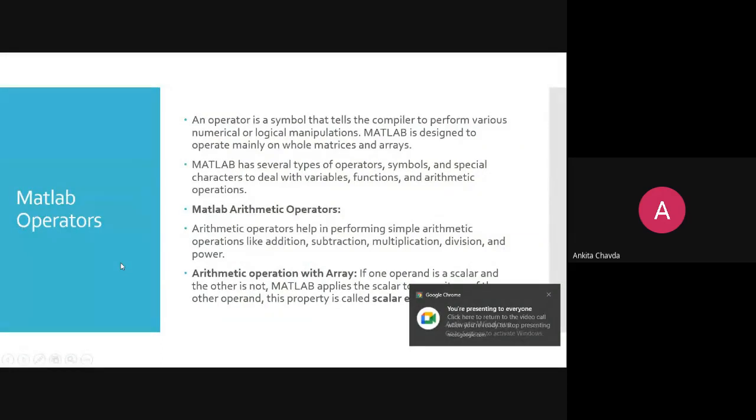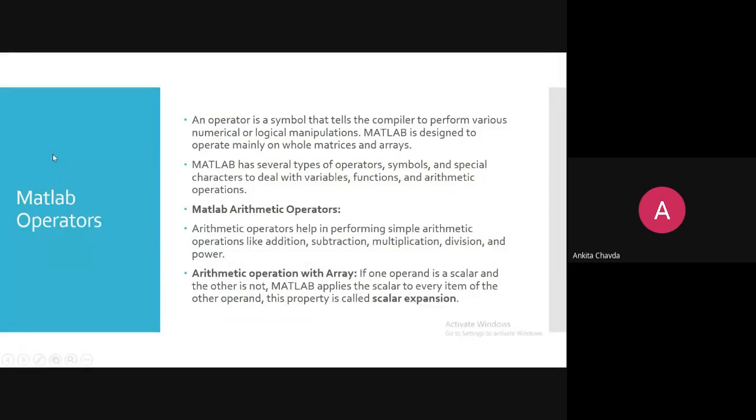Then MATLAB operators. Now we are looking at the operators. You know C operators, C++ operators, then Java operators. So now we are looking at MATLAB operators. An operator is a symbol that tells the compiler to perform various numerical or logical manipulations. MATLAB is designed to operate mainly on whole matrices or arrays.